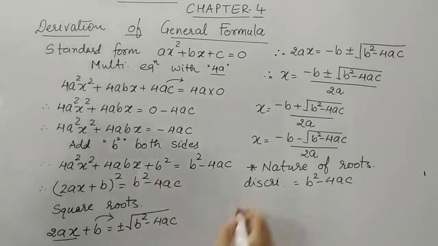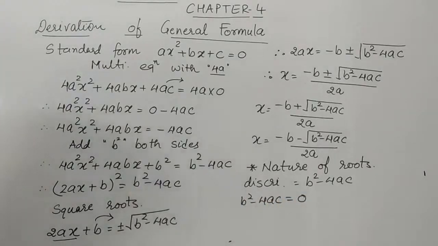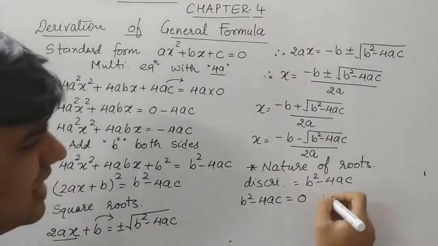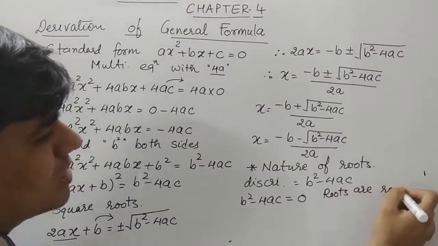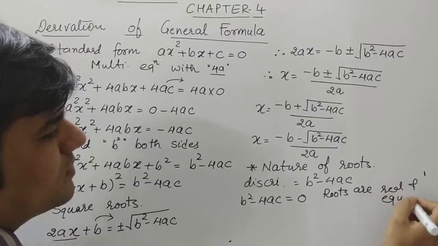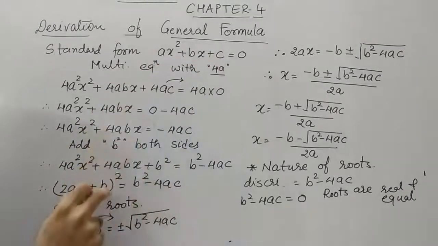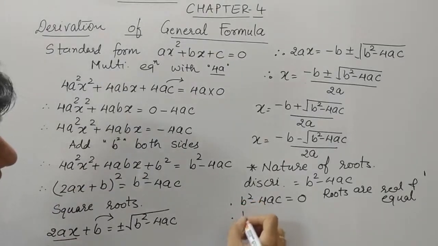अगर b square minus 4ac is equals to 0, अगर ये पूरा 0 आ गया तो देखो 2ax plus b square equals to 0. मगर ये वैल्यू 0 है तो this whole bracket equals to 0, मतलब हम कह सकते हैं कि रूट्स आर real. Real मतलब belongs to R and equal. हमें जो रूट्स मिलेंगे वो real होंगे और equal होंगे, क्योंकि ये perfect square, हमारा जो इक्वेशन होगा वो perfect square trinomial होगा. Students don't be panic, हम sums करेंगे तो पता चलेगा.